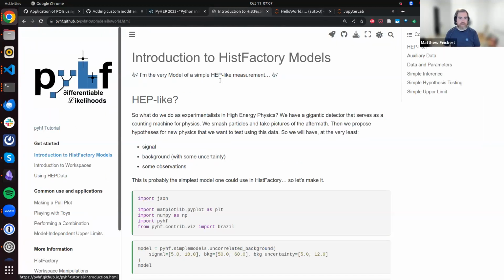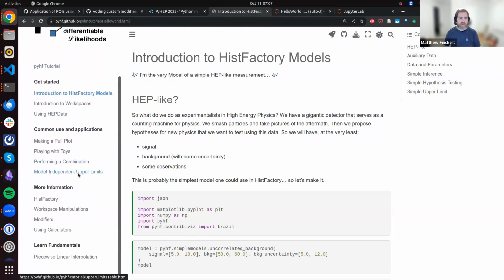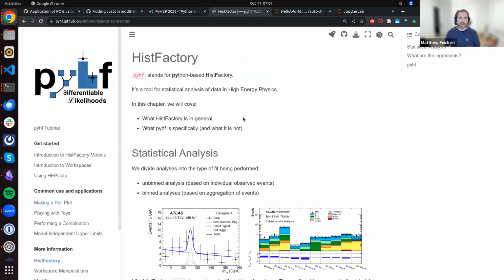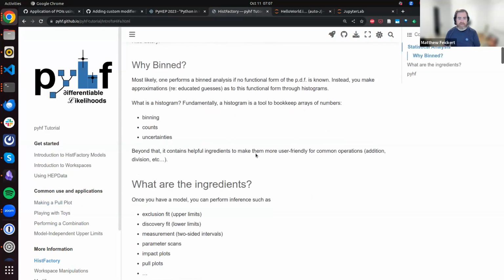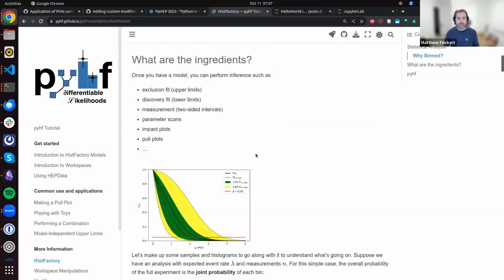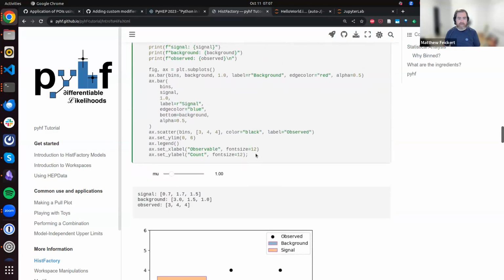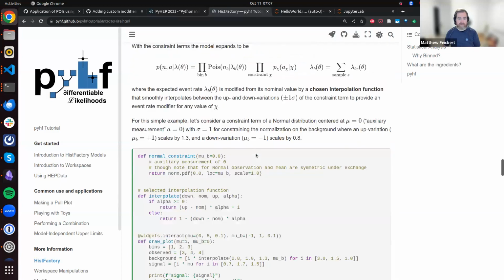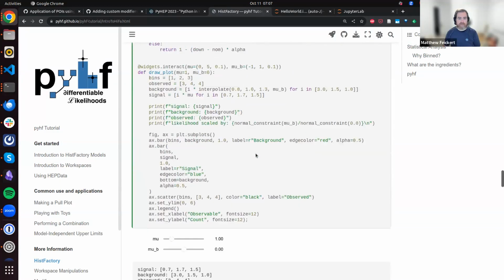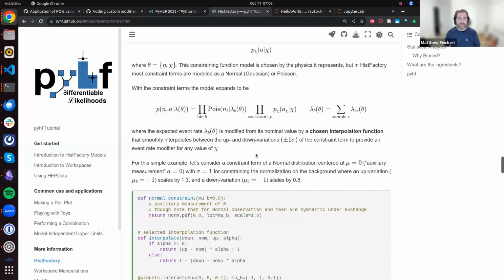But if we jump back out to the web page view again, and we go down to this more information bit, you can see that there's this HistFactory notebook. And if we click on there, you can see that this gives us a full overview of all the different statistical ingredients. But maybe the most important thing to do is just scroll down a little bit